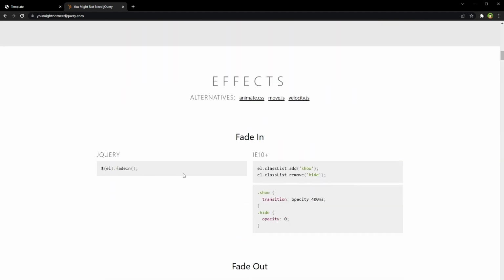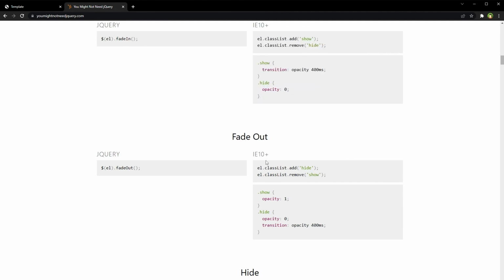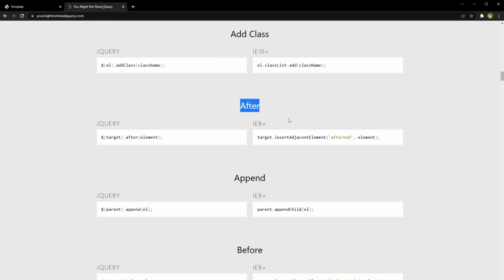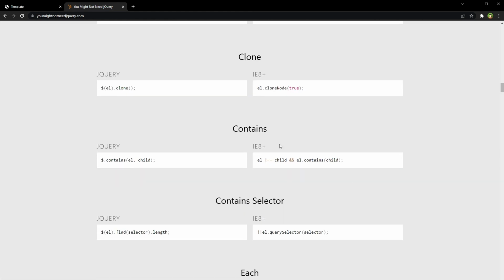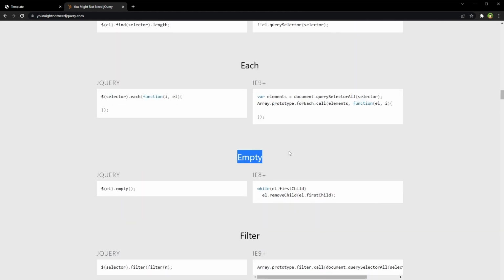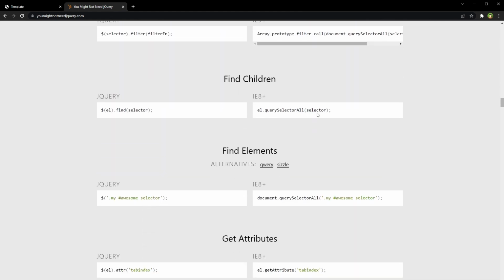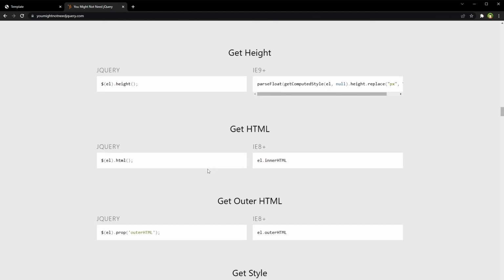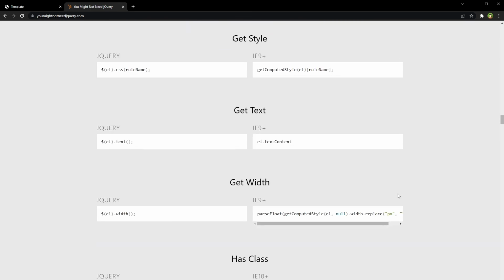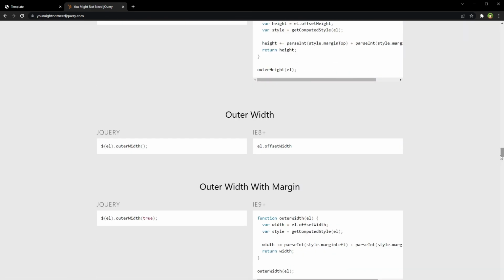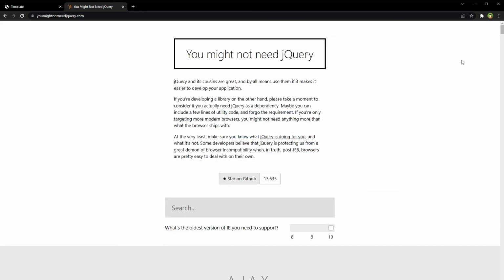Fade in jQuery, fade in vanilla JavaScript, and this is fade out, hide, show, add class, after, append, before, clone, contains selector, each, empty, filter, find children, find elements, get attributes, get height, get HTML, get outer HTML, get style, get width, everything is here. Very good resource.